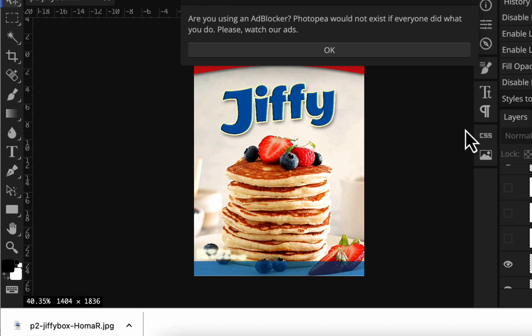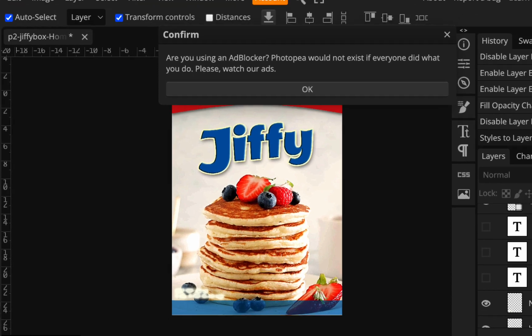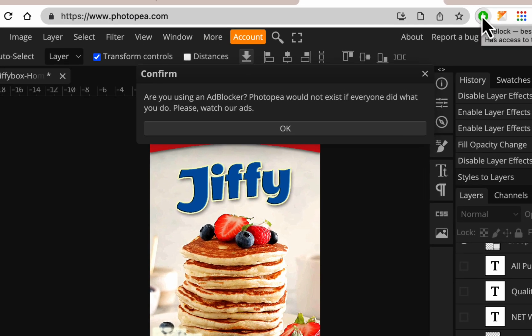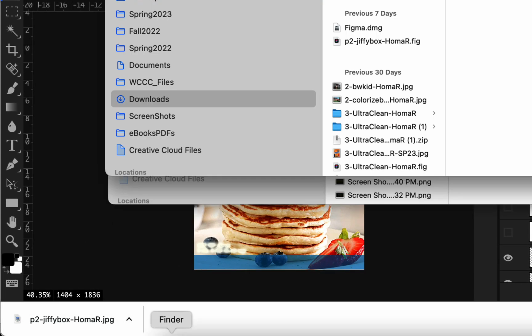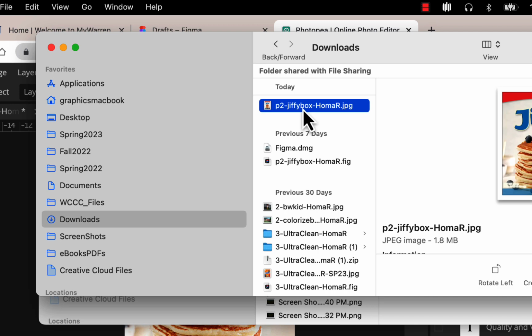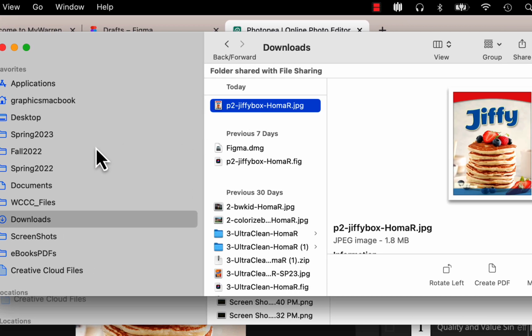So I'll save it. And I still get a message for ad blocker even though I turned off my ad blocker. See that thumb? Means ad blocker is not on. But anyway, let me turn it off. So this got saved down to my downloads. So I'm going to go to my downloads and get it. So there it is. I'll just copy it for now,